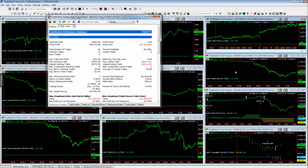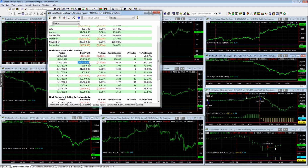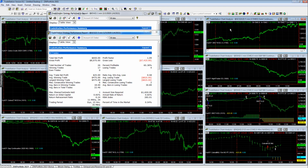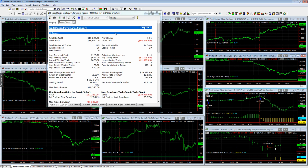SR counter trend 3 gold. Night trader, one of the top strategies. It had a challenging October, minus 71.25, and then it's rebounded since that pretty much, and you see the equity curve here. So your 2 top strategies are up. You have gap continuation plus 18, SR counter trend 3, or night trader, up 13,825. That's 31K, and then you have